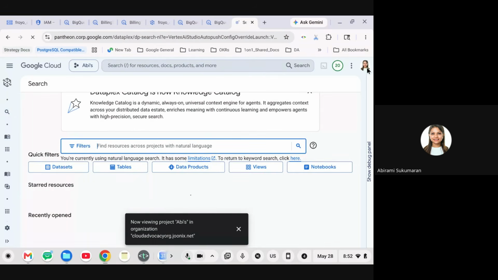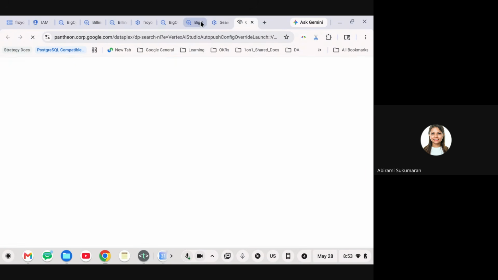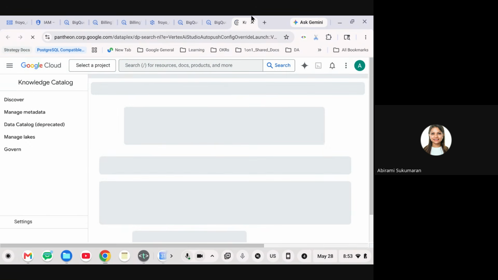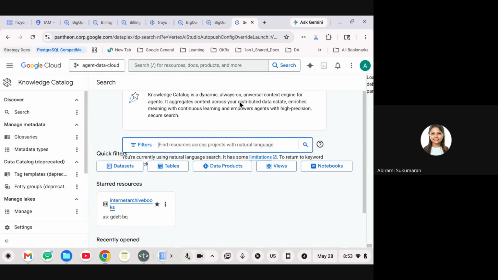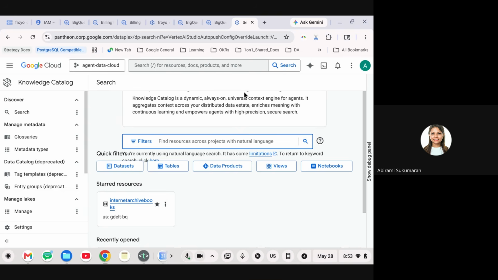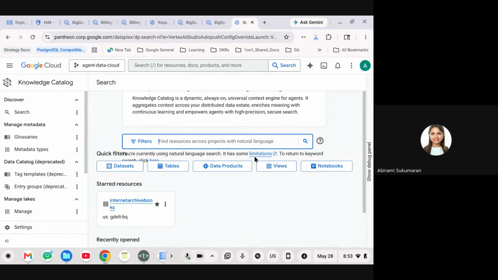You don't have to do these steps right away. You won't have access to do this without a billing account. So we are not going to do this step in particular, but I'm just showing this to you right here. If you see this knowledge catalog, it will ask you to enable API. If it's the first time you're opening this, go ahead and enable that API. You won't see much here. You will only be able to see knowledge catalog overview page.